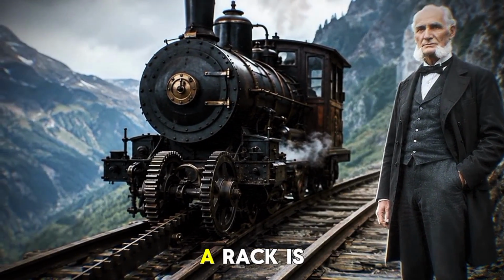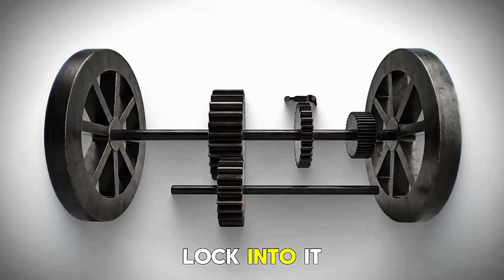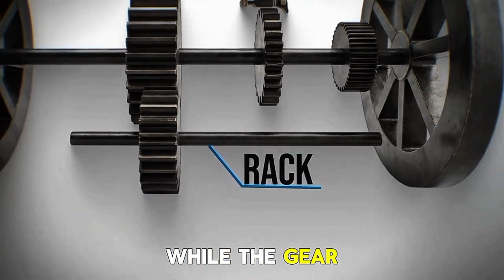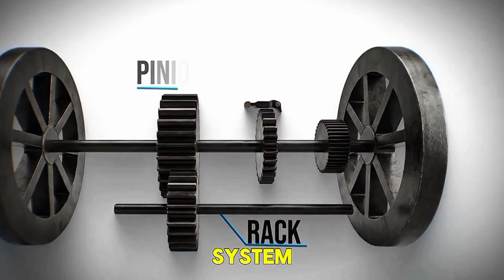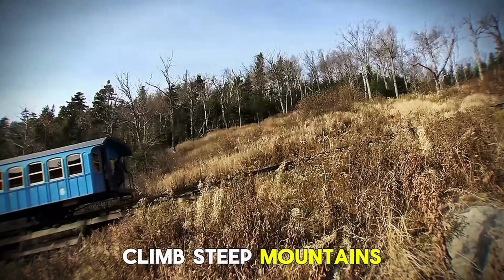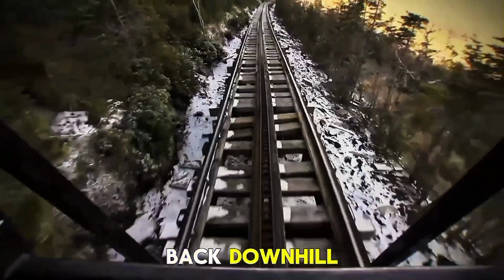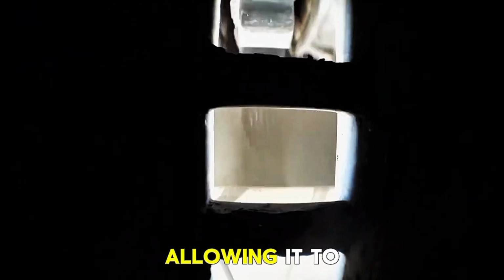In this system, a rack is installed between the tracks, allowing the teeth of gears to lock into it. The track component is called the rack, while the gear attached to the train is called the pinion. Because of this system, the train could climb steep mountains without slipping backward. To prevent the train from rolling back downhill, a locking mechanism was installed above the pinion, allowing it to rotate